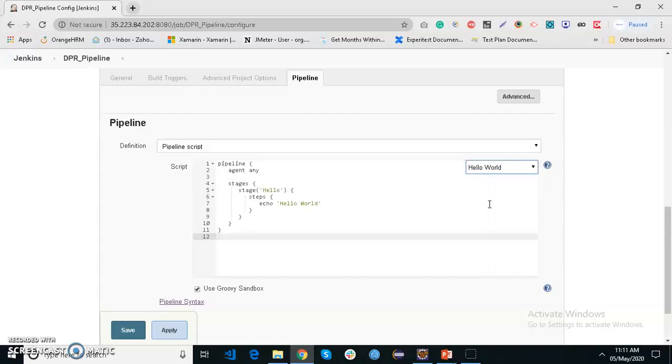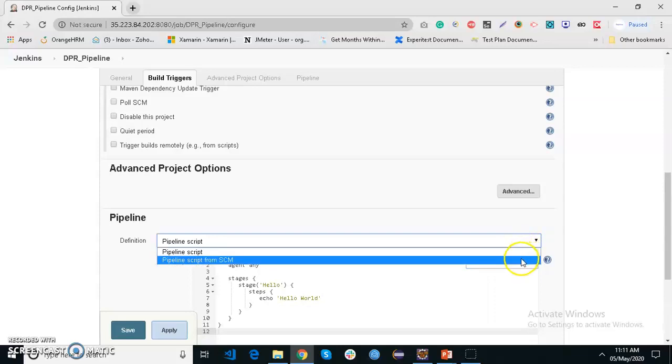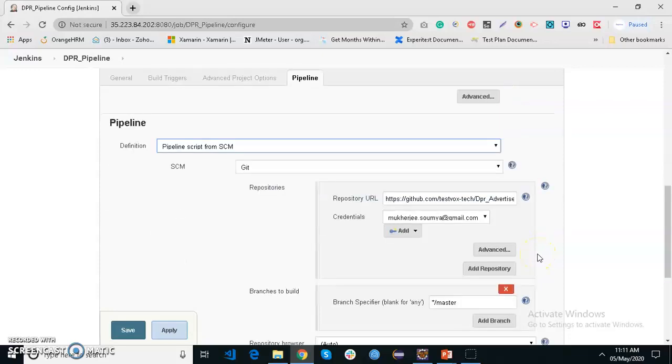But I am going to use Jenkins pipeline, that is pipeline script from SCM. SCM is nothing but Git, and give the GitHub repository and credentials, and it is taken from the master.